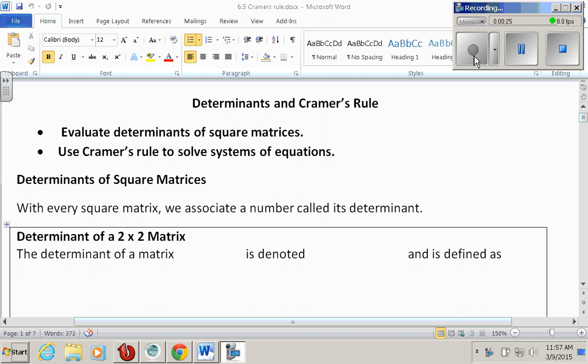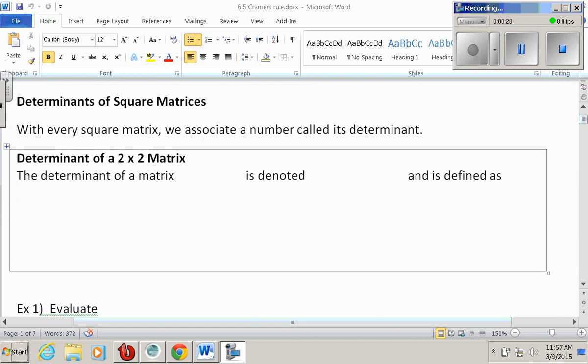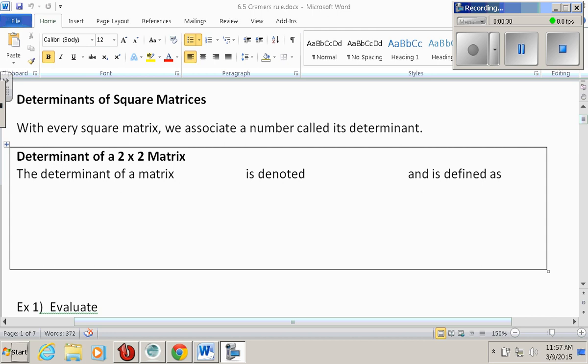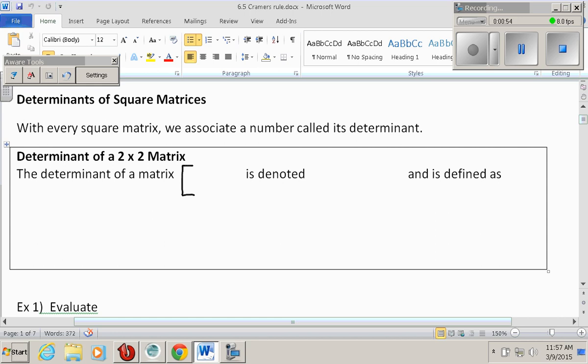All right, so determinants of square matrices. Basically, a determinant is a special number that helps us describe attributes of matrices. They also help us define the inverses of matrices. With every square matrix, we can associate a number called its determinant. The determinant of a 2 by 2 matrix with entries a, b, c, d is denoted